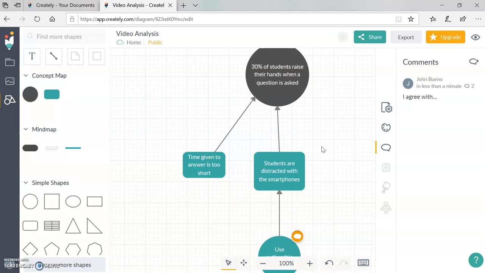If you see, it's quite simple. Once you have finished your mind map, you can export it into a PNG, for example, an image, or you can just share it with your instructor or with your supervisor in order for them to see that you